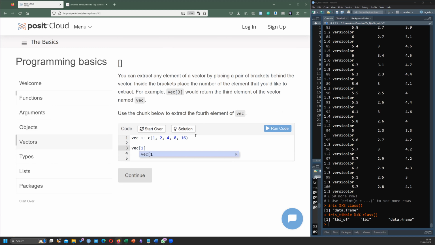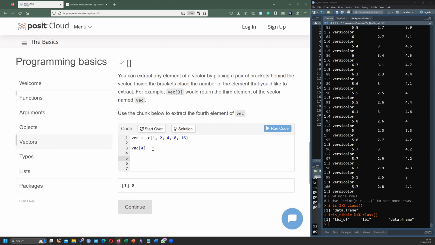When you say 1, it's going to give you the first element. When you say 2, the second element. When you say 3, the third element. And then they asked us for the fourth element, so it should be 4.